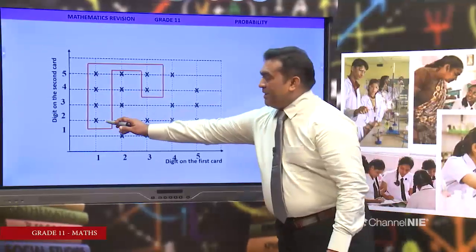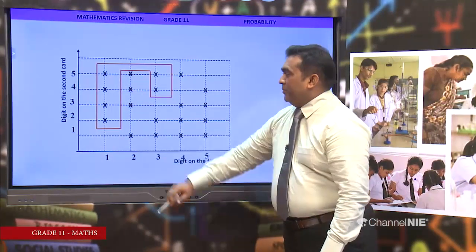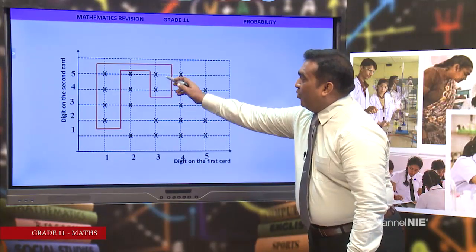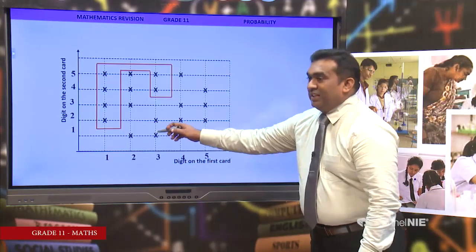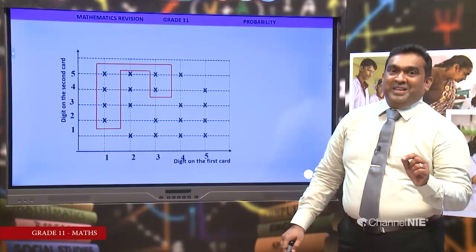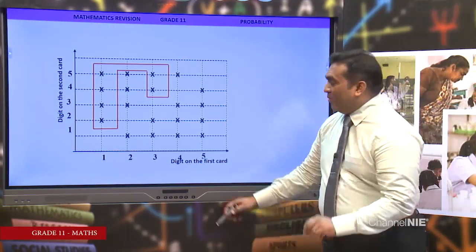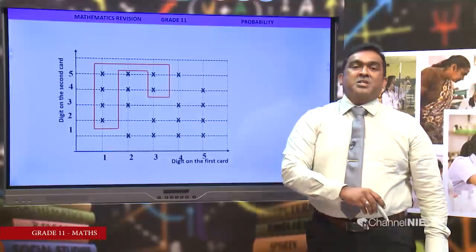Here 1, 2, 1, 3, 1, 4, 1, 5. Here you can see 3, 4, 3, 5. You can't consider 3, 1 here. 3 is an odd number, but you can't consider it. Why is that? Because the second number is a smaller number,